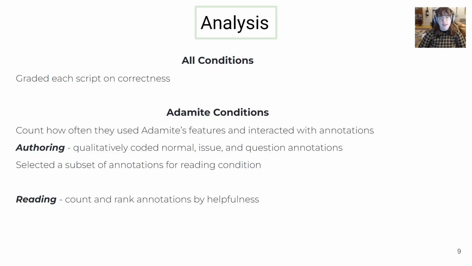We objectively graded each participant on whether they succeeded in completing each of the 4 steps. In the Adamite conditions, we counted how often participants interacted with Adamite's features in the annotations. We qualitatively coded normal, issue, and question annotations dependent upon their content, and selected the non-redundant annotations to include in the reading condition. In the reading condition, we counted and ranked annotations by how often participants stated the annotation was